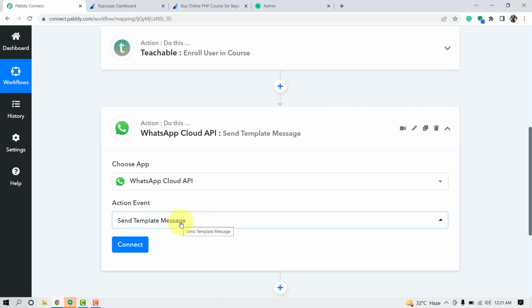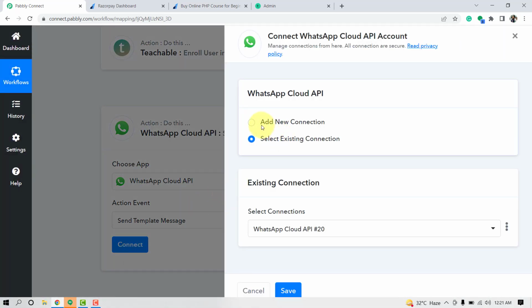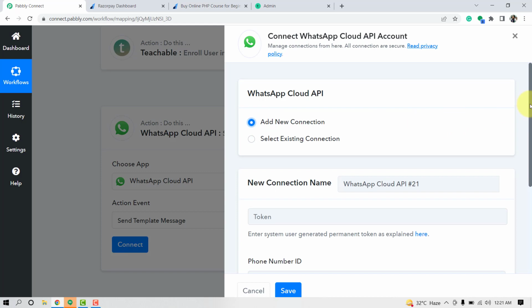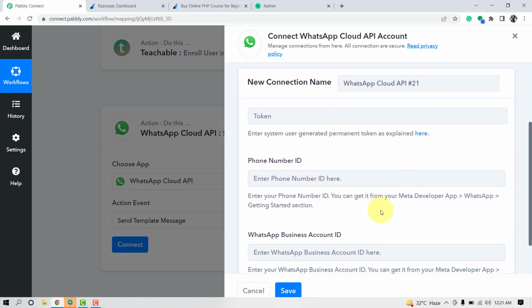If the customer is replying to your template message, then the further communication can start with the customers. I will tell you about the template message in detail also. Just click on connect for now. Again, you will click on add new connection, and you'll have to fill these three fields in order to connect